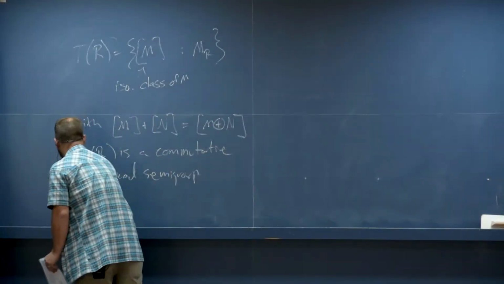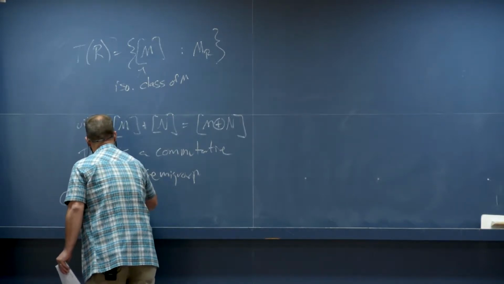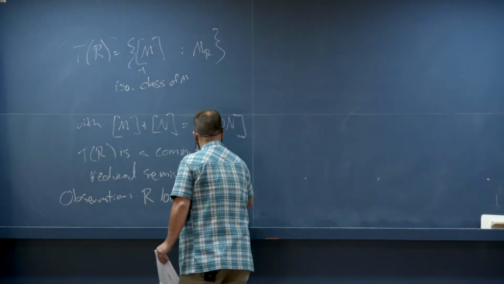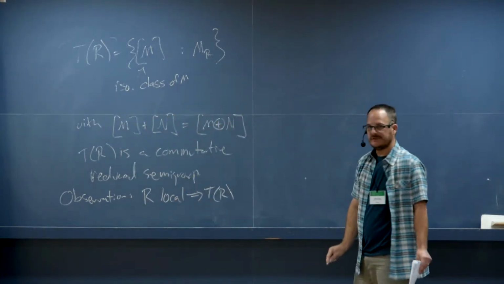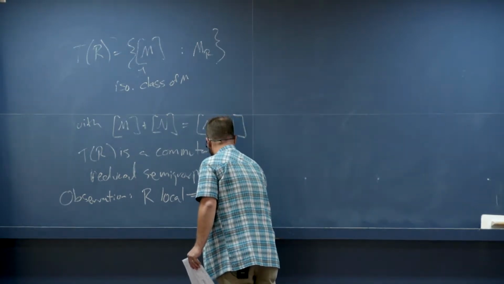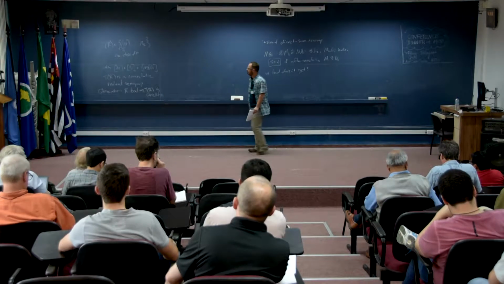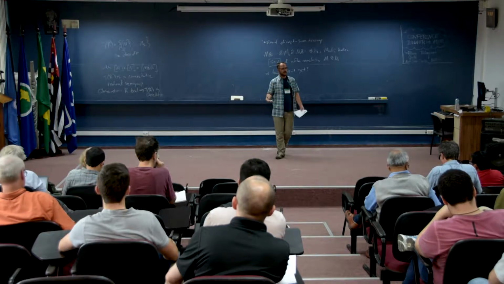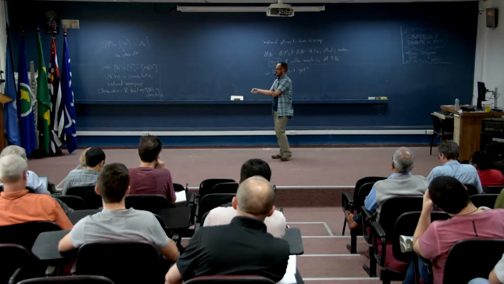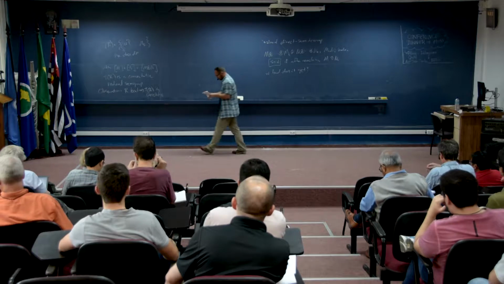And as Graham noted, if R is local, then we have direct sum cancellation. So this is actually a cancellative semigroup as well. After we get the setup, we'll talk about local rings, and so then we're talking about factorization in a commutative cancellative reduced semigroup, but then we'll have a non-cancellative example at the end.